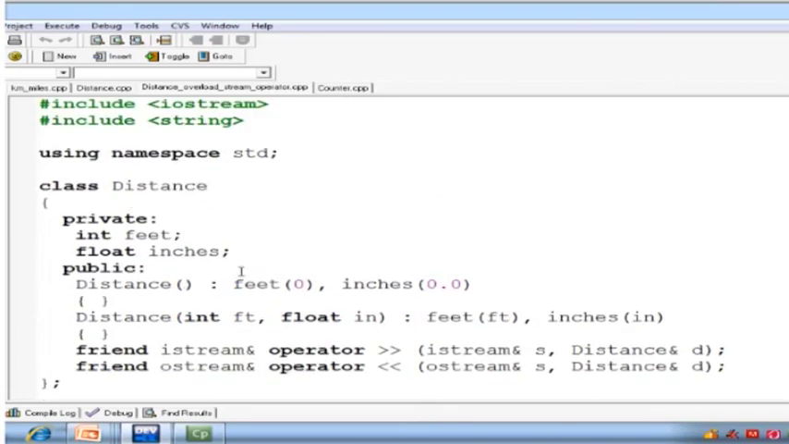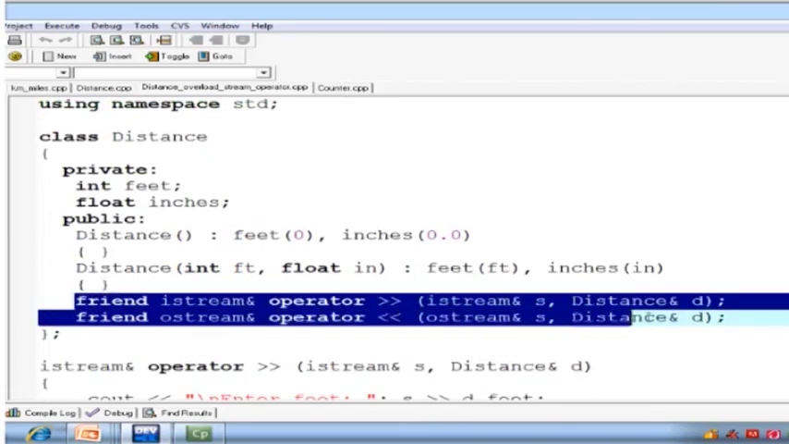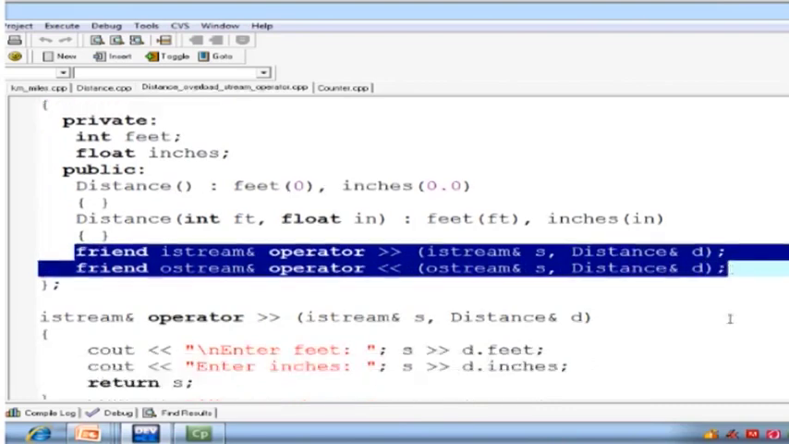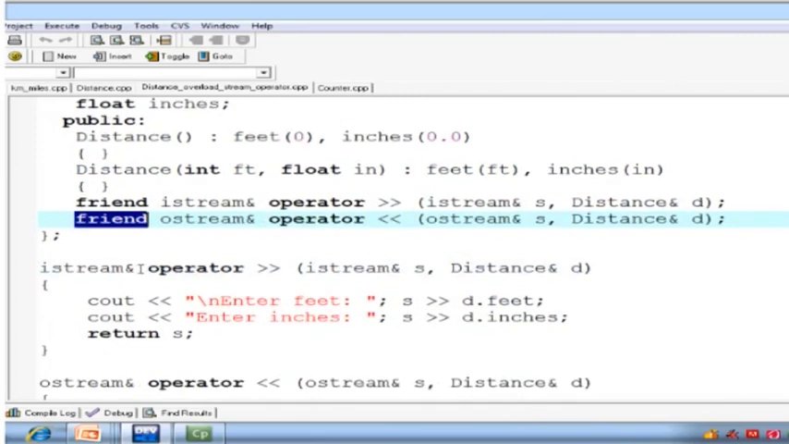So this is the example program, and we make this function a friend function. I will tell you in detail why we need to make these functions friend functions in the class. ठीक है, हमें friend function बनाने की क्यों जरूरत पड़ती है. So